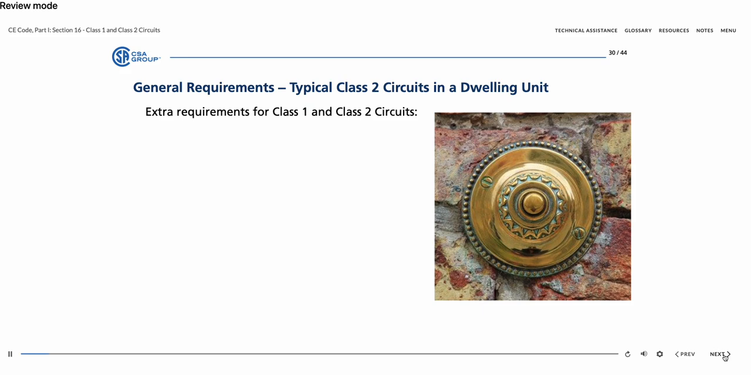Class 2 installations will often use the general wiring methods found in Section 12. In addition, Section 16 provides extra requirements for Class 1 and 2 circuits. Examples are doorbell circuits. The signal circuit wiring method from the Class 2 transformer to the doorbell and push button would